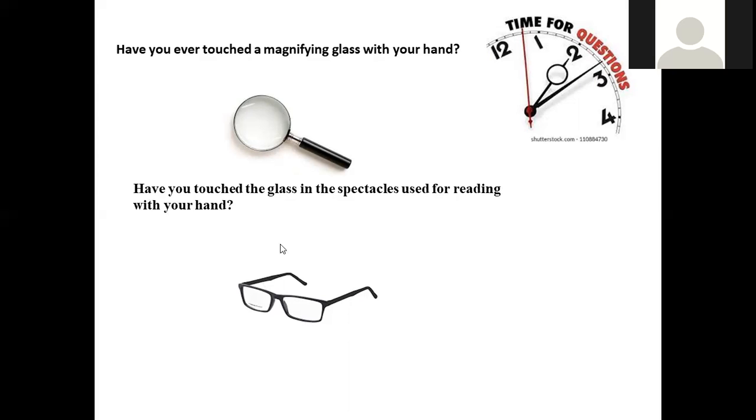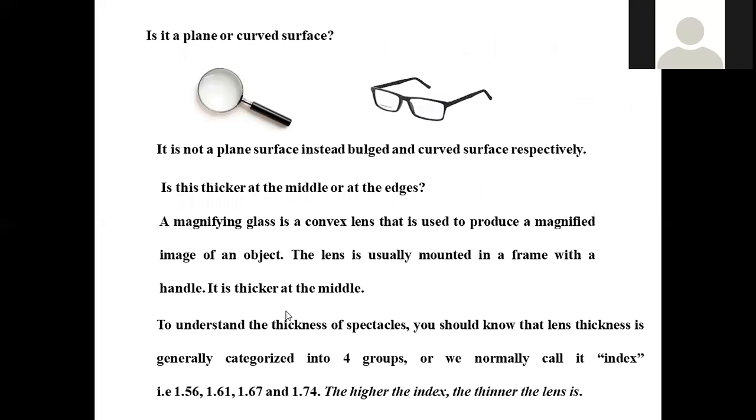Right? So in both the cases, we are applying these lenses only. So the process called refraction can be applied here in order to find out the daily life applications, right? And the next is about, is it a planar or the curved surface? So when you observe this magnifying glass, its surface is bulged outside. It is not a plain surface; the bulged outside surface will be there.